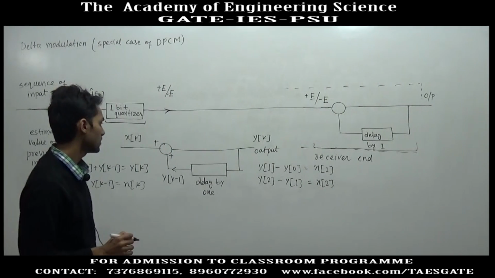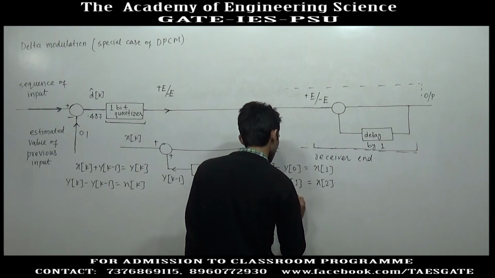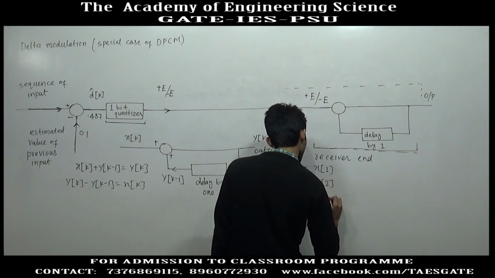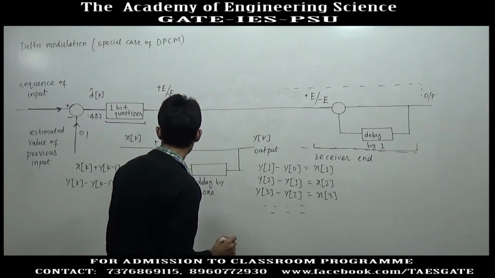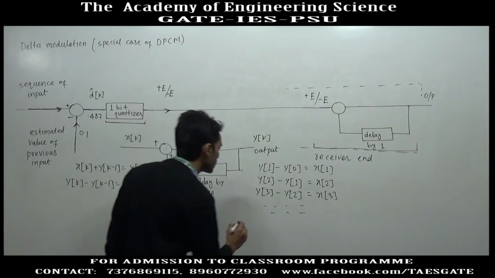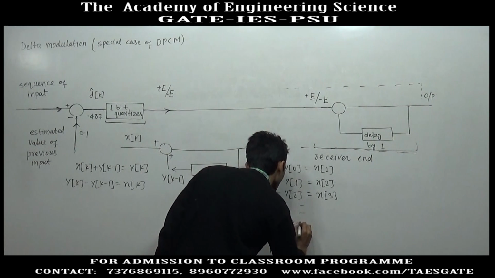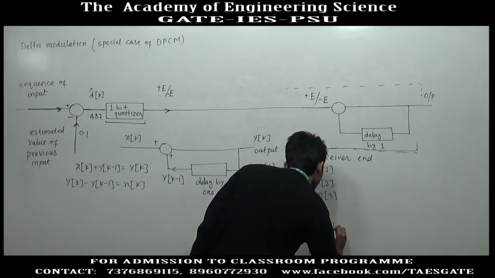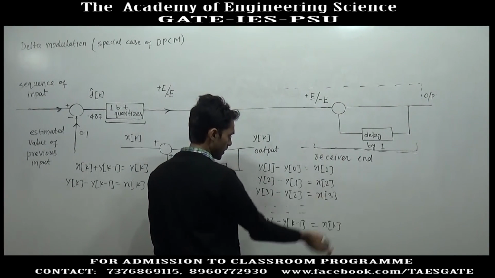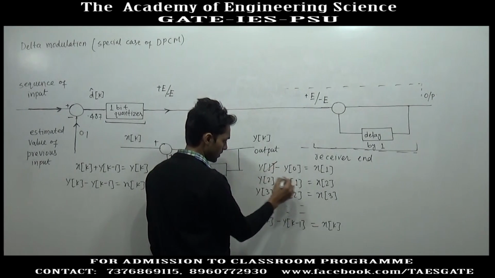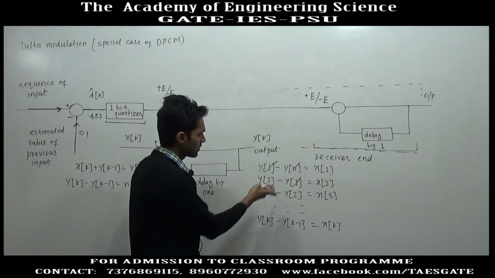Similarly, if we put k equal to 3, we will get y3 minus y2 is equal to x3 ... If we put k equal to k, we will get yk minus y(k-1) equal to xk. Now, if we add all these equations, y1 and y1 will be cancelled, x0 will be cancelled by its